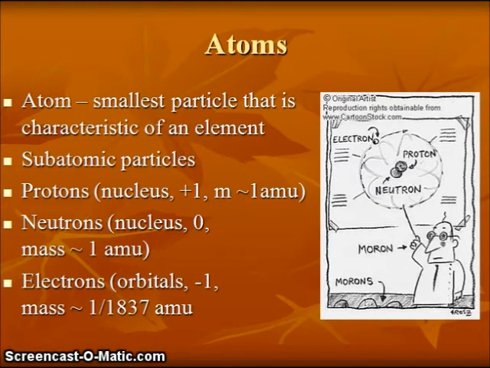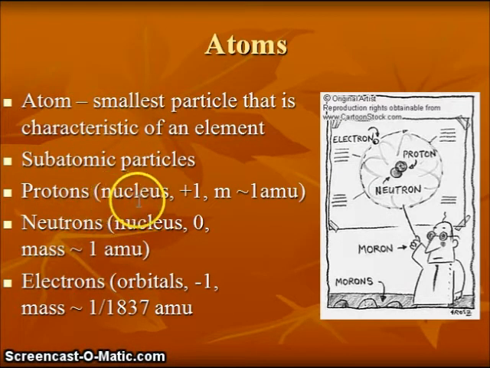The ideas of Democritus were revived when John Dalton, an English school teacher, proposed the first scientific theory of atoms. In this, he said that atoms were the smallest particles that were going to be characteristic or representative of an element. Now, one aspect of Dalton's theory that we know now was not correct was that he believed that atoms were indivisible, which means that they could not be broken up into smaller particles. We now know, of course, that there are smaller particles that exist: protons, neutrons, and electrons.